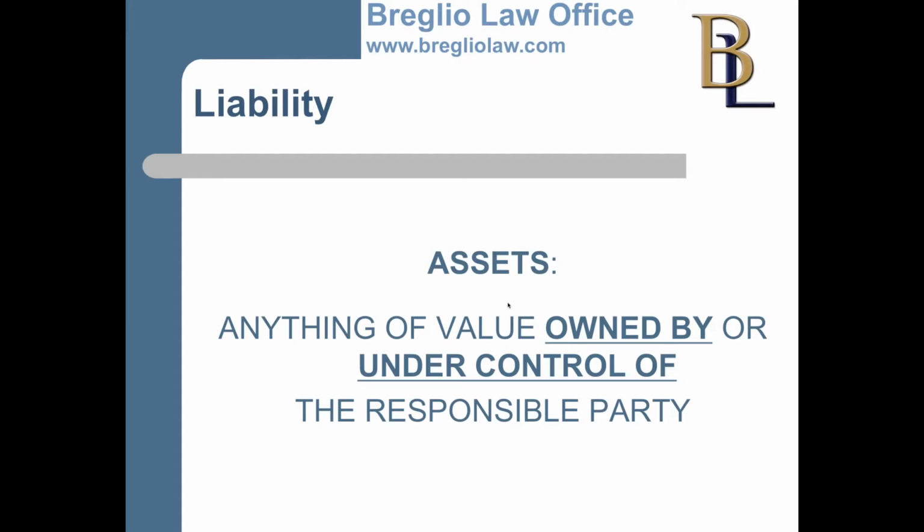Okay, courts cannot go after somebody who is not the responsible party. Take, for example, a husband and wife. If a husband gets into a car accident, if there are assets that the wife owns, the court cannot go after those assets because they are owned by the wife, not by the husband, and the husband is the responsible party. So part of asset protection can be putting assets into somebody's name who runs less of a liability. Okay, so there's our definition of liability. And the more you kind of understand that, the more everything else will make sense.